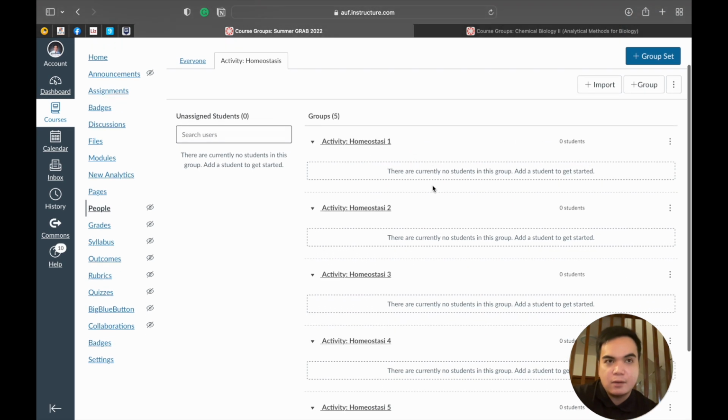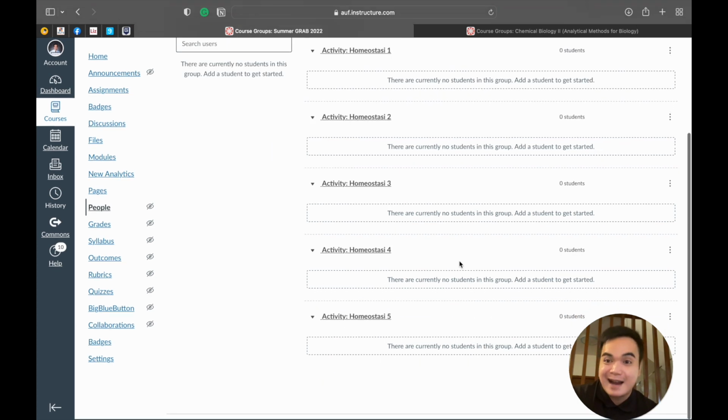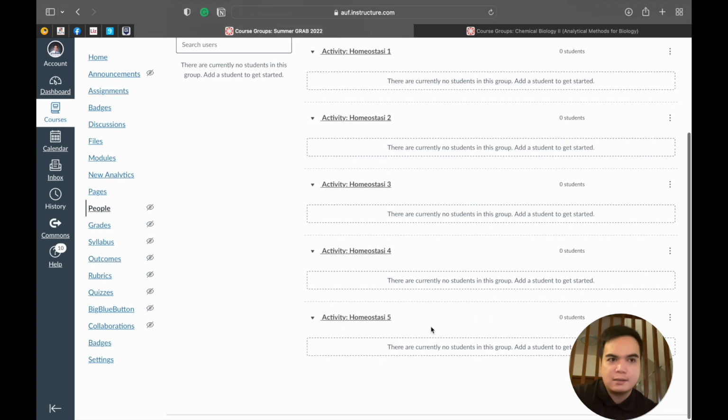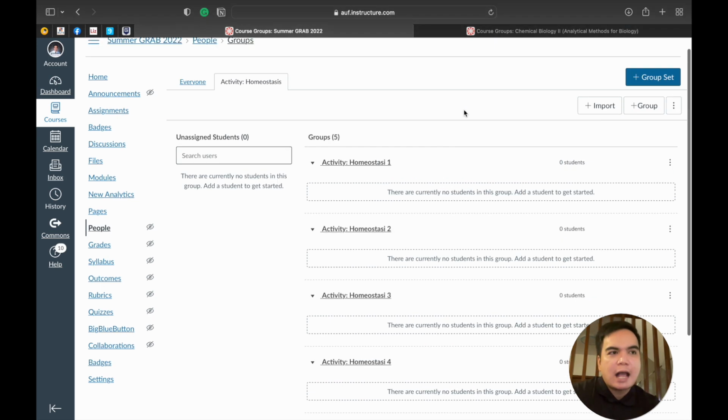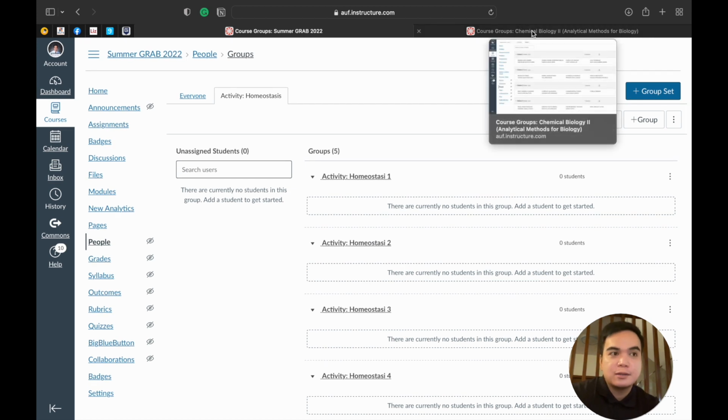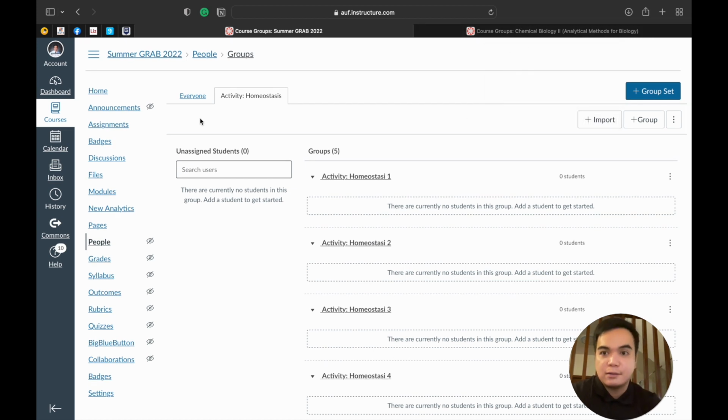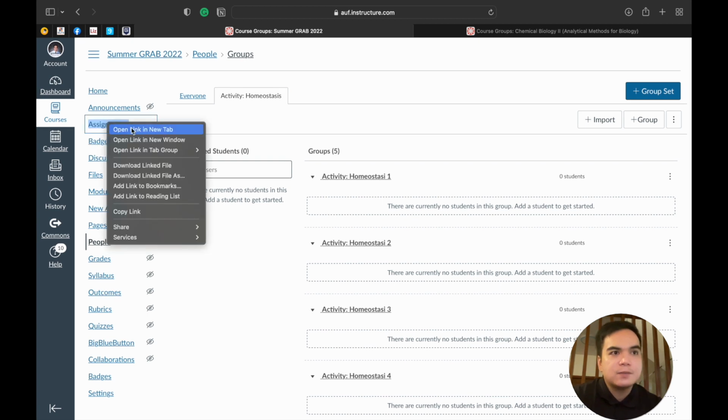For example, if all of them should have 4 students, you can simply edit it by dragging the names of those students there. And after that, of course, you already have the groups, so you can now utilize those groups to work on a particular assignment or activity. To do that, for example, you go to Assignments, so let's click Assignments, which is here,